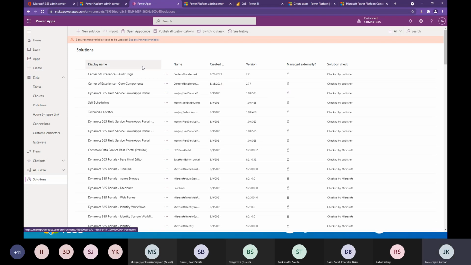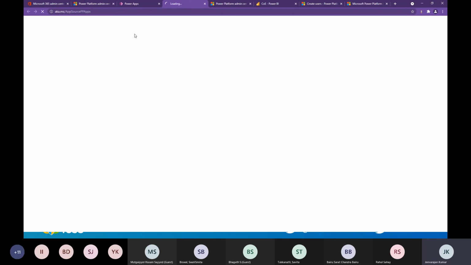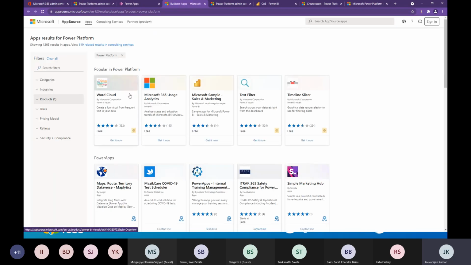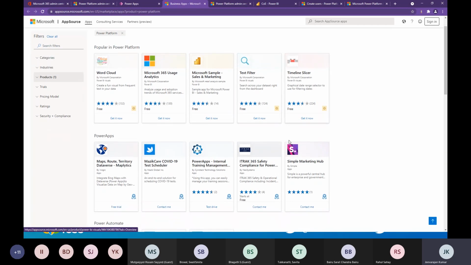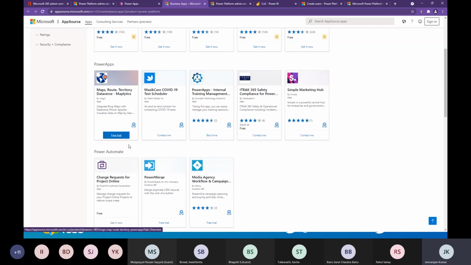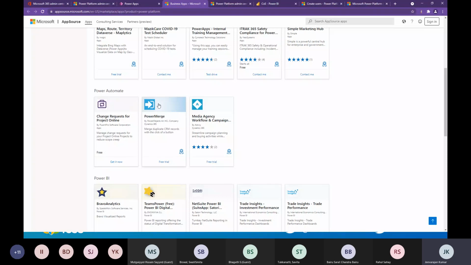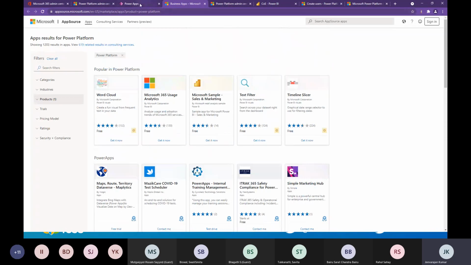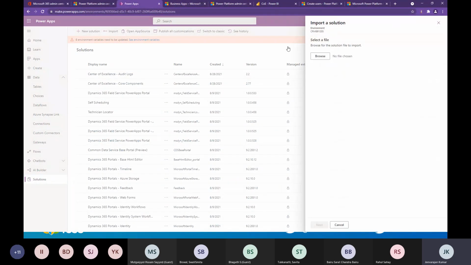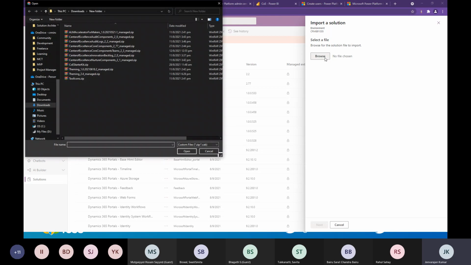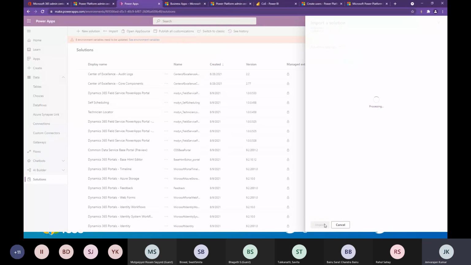If you want to find any solution online, you can also open AppSource and see different solutions. They can be paid or free. If it's free, you can just get it. If it's paid, you can try a free trial, something like that. But here we are importing a solution, right? When I import the solution, it will ask me to browse for the solution. I click this, and the reason I'm doing this is because in the next screen,